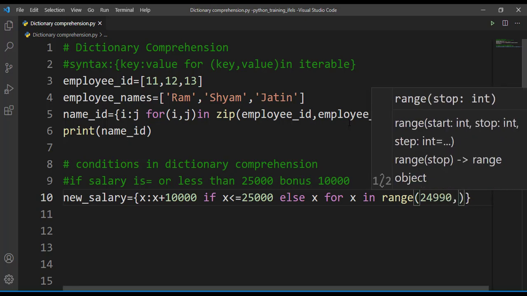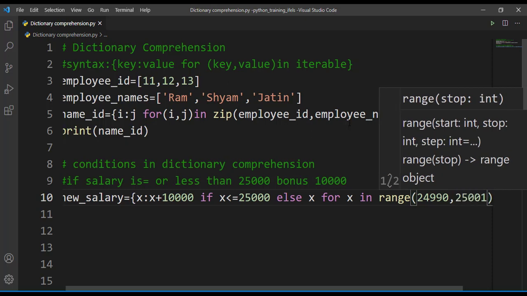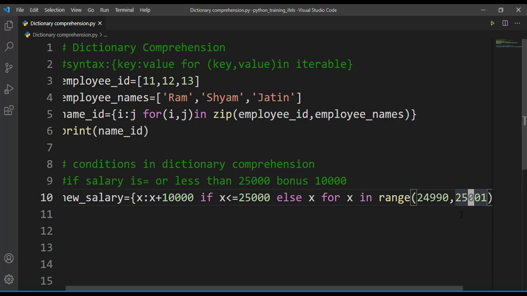We are going to check between 25,001. Why am I giving 25,001 here? Because range always excludes the last value. So if I want 25,000, let's say I'll make it 25,002, because here I am giving the condition as less than or equal to.